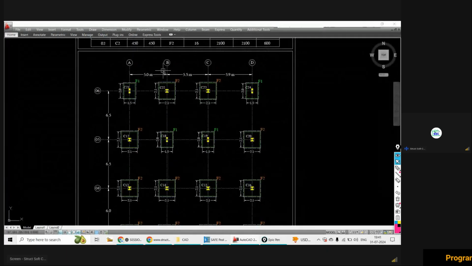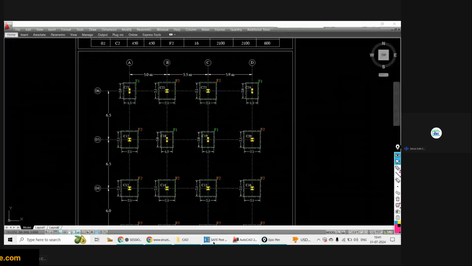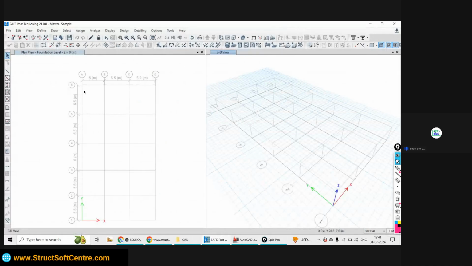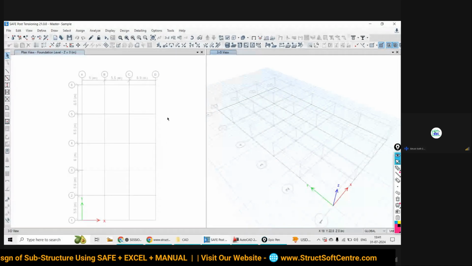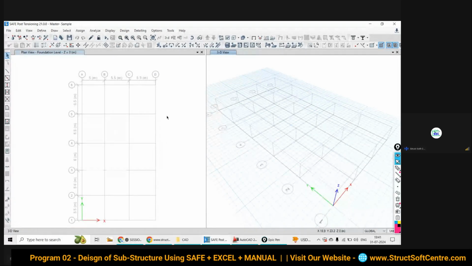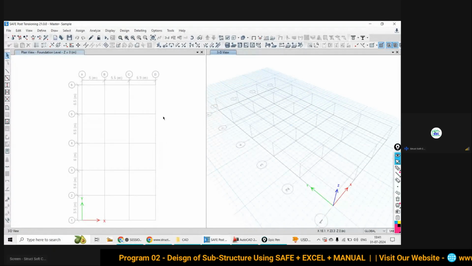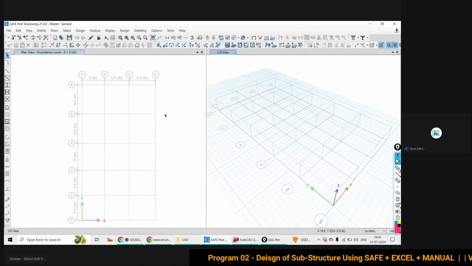So as per the definition of the grids we were having the grids in CSI SAFE software. Up to this level we completed our work in the last session. Now we are going to continue the work.